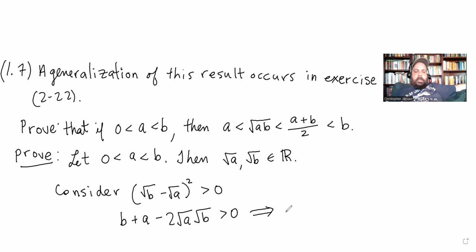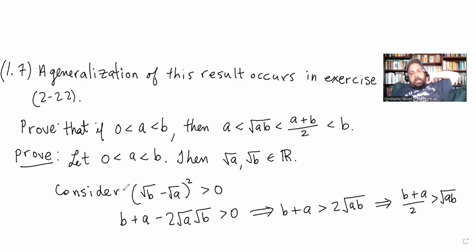That's the same thing as B plus A greater than 2 square root A square root B, which is the same thing as square root AB by properties of exponents. Then divide by 2. So that proves the middle part, and the other parts follow from